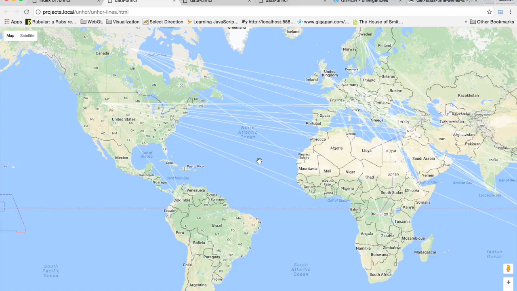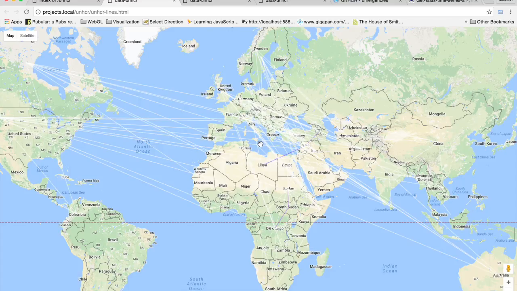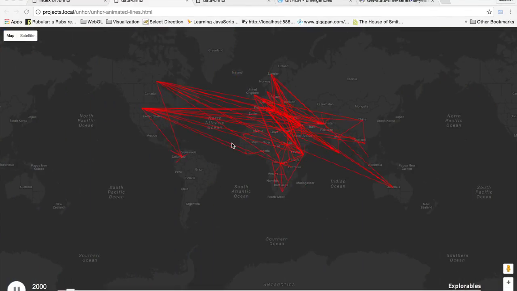But the important takeaway from this visualization was that it was possible to identify and plot out all the different potential straight line paths from one country to another country. This version is still using just a simple straight line to show the path between countries, but what's happening now